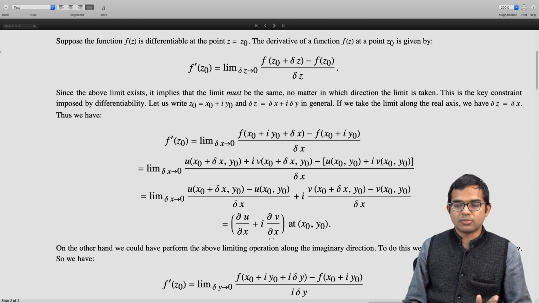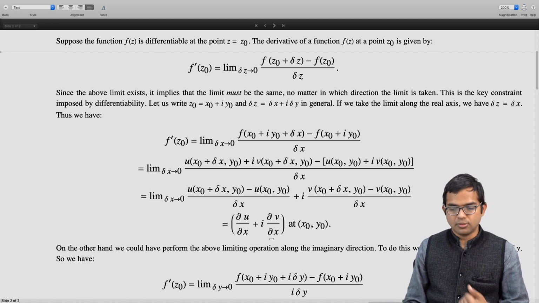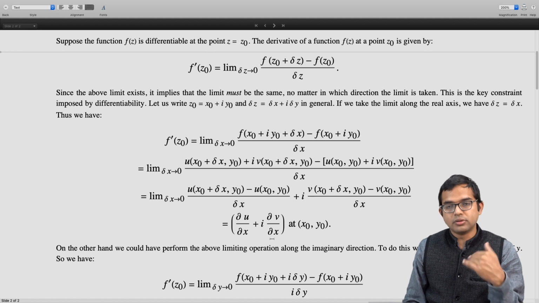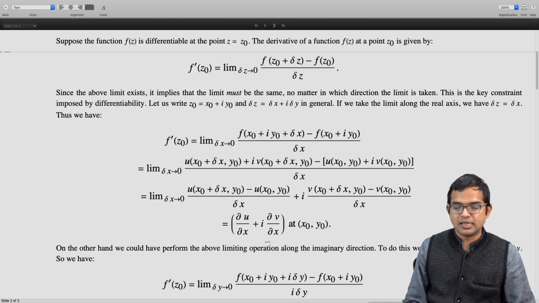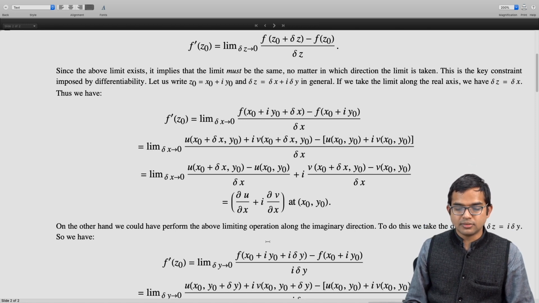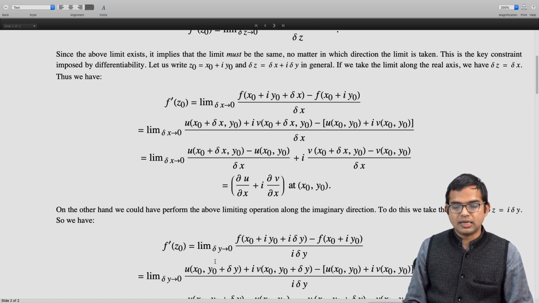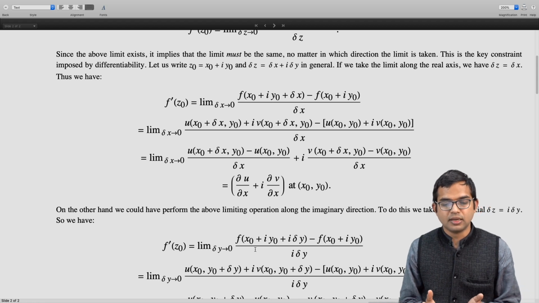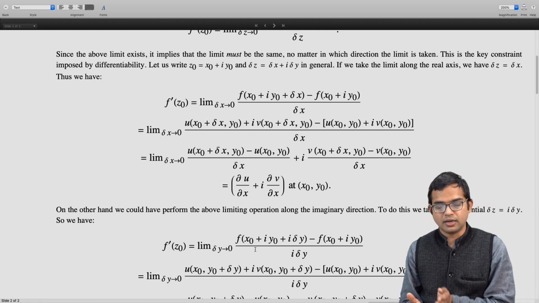Then of course I have to subtract f of x naught plus I y naught. Now the whole thing has to be divided by I times delta y, because that's the small differential element. And then we write this as limit delta y going to 0 u of x naught comma y naught plus delta y. Right, in place of the function f, I'm writing it as the real part and the imaginary